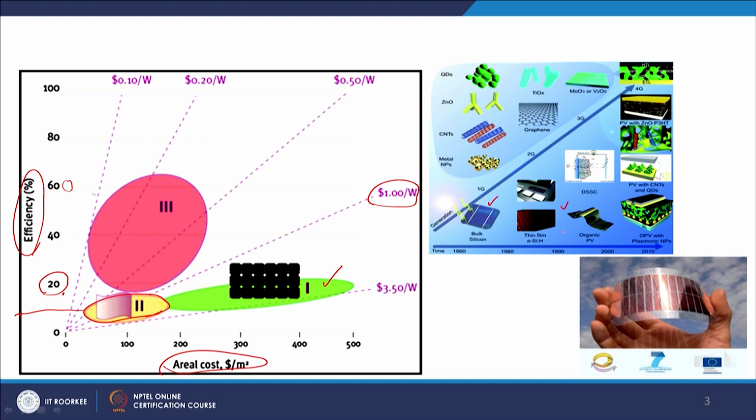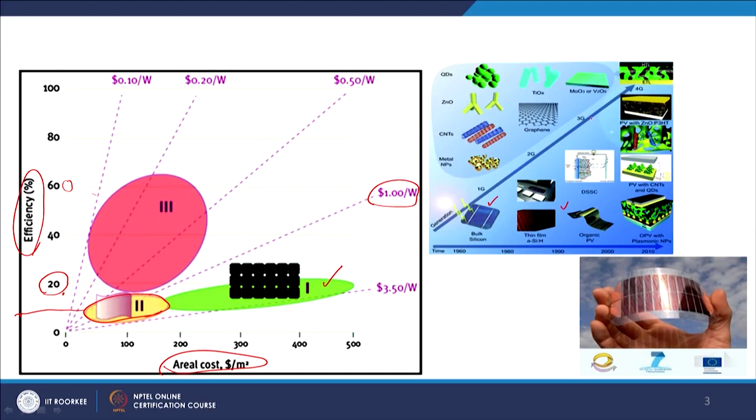Then finally, we have the third generation solar cell. On the left hand side, we are showing some materials. What are these materials? They are mainly engineered carbon nanomaterials like graphene and carbon nanotubes. Similarly, we have metal oxides like zinc oxide, quantum dots, titanium dioxide, molybdenum oxide or vanadium oxide. Similarly, we have metal nanoparticles or metal nanoclusters. So, these are all new materials which have been discovered successively. As these new materials were discovered, new kinds of solar cell also came into the market, and those are examples of a third generation solar cell.